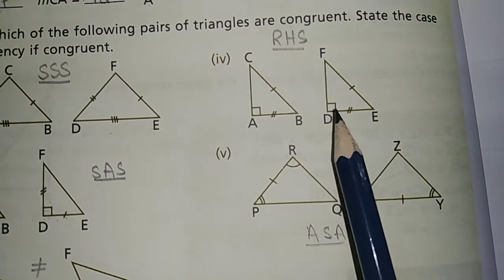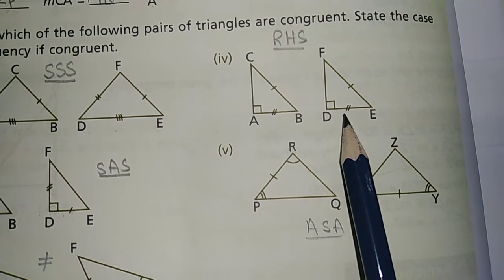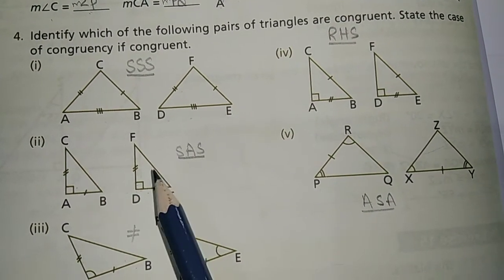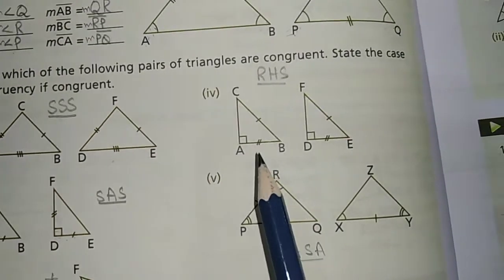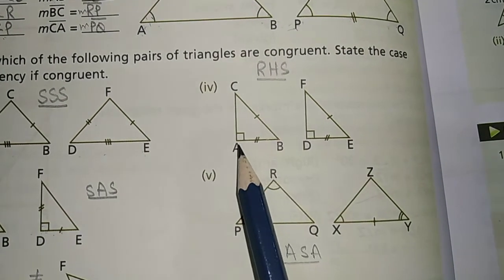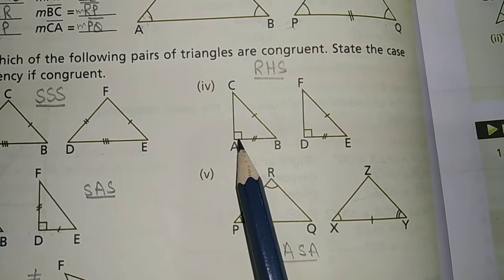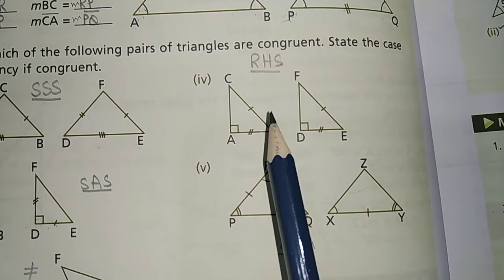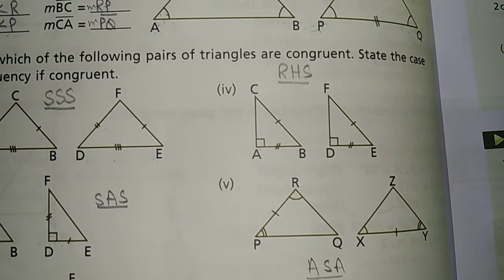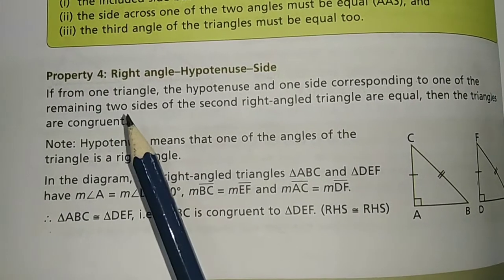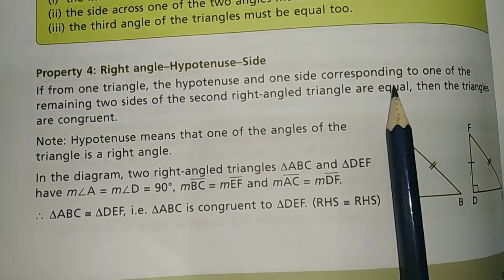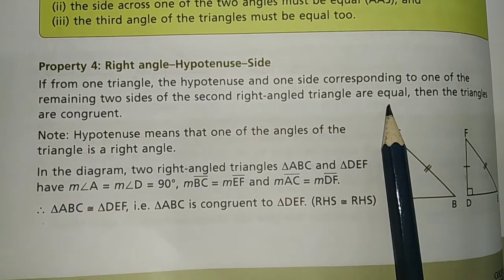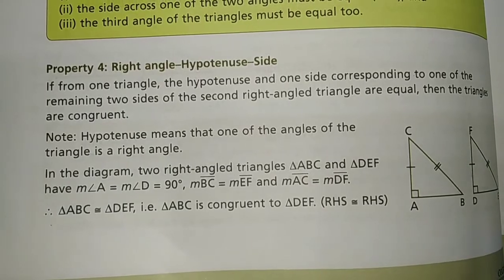90 degree angle, but hypotenuse and side are equal. In these diagrams, the hypotenuse are not shown to be equal. They didn't show that they are equal. The two sides are equal. So in this diagram, the hypotenuse and the angle between them is 90 degree. So the 90 degree means right angle triangle, and the hypotenuse and the side. So this theorem is called the RHS theorem. According to this theorem, if the hypotenuse and one side of one right angle triangle are equal to the hypotenuse and the corresponding side of the second right angle triangle, then the triangles are congruent.